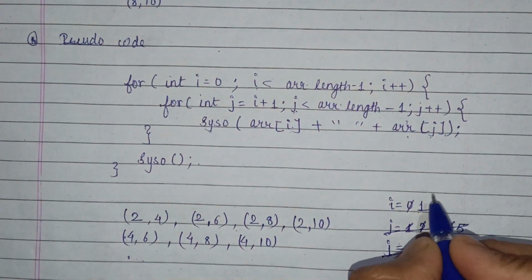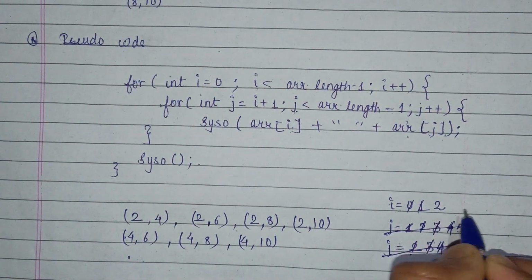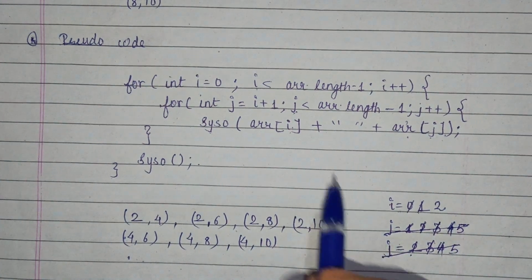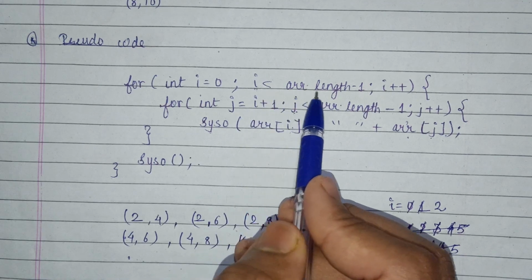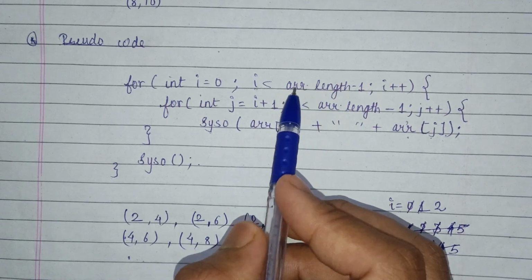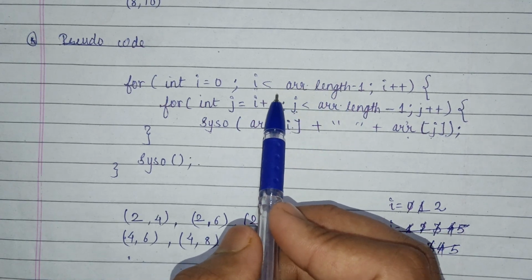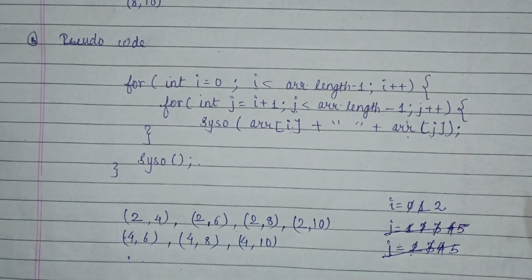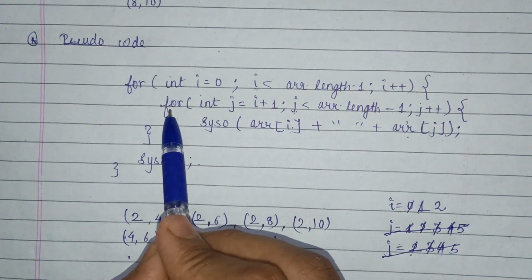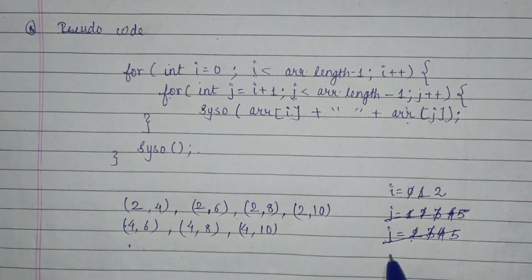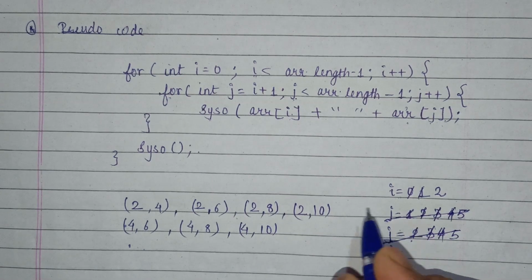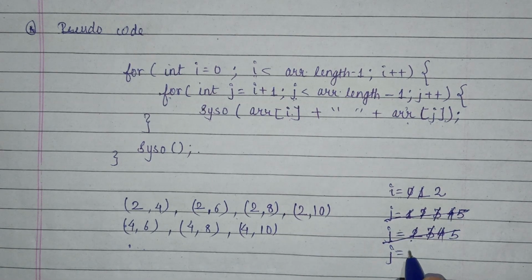Now i value gets updated. Now i value has become 2 and it will compare with the array length. Is 2 less than array length? Obviously yes, and it will enter into the inner for loop and j value gets initialized. Now j value has become j is equal to 2 plus 1, that means 3,